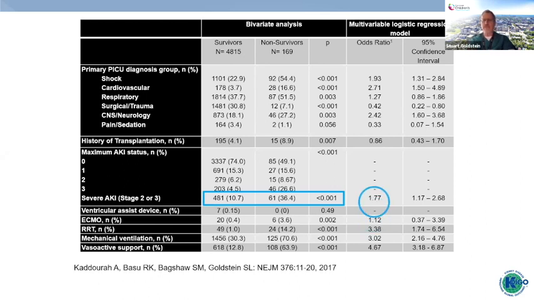And putting this into a multivariable regression analysis, stage 2 or 3 AKI was incrementally associated with 28-day mortality with a